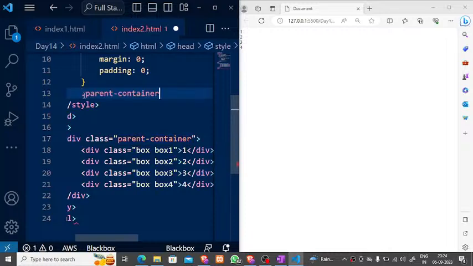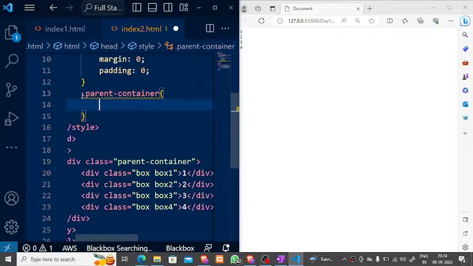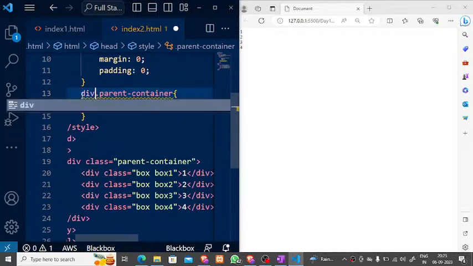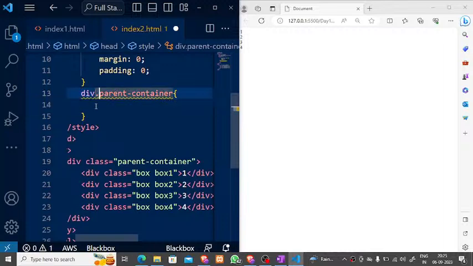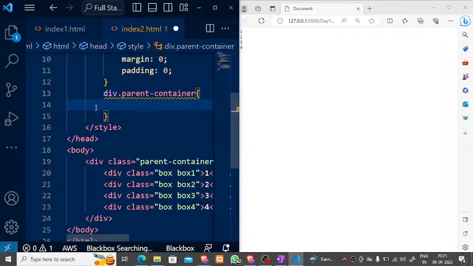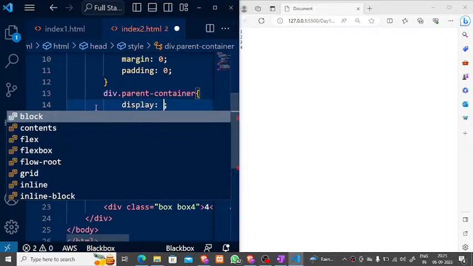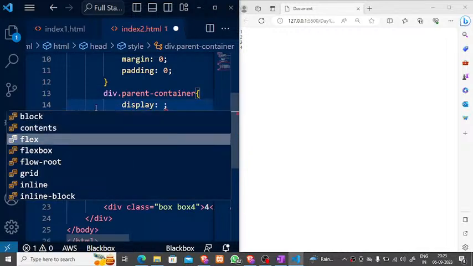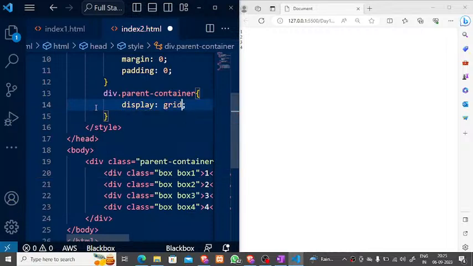Let's select it using the class selector. To make your selector more specific, you can also use the name, which is div, and then after the dot you can write the class name. Let's change its display to grid, guys. After you change the display to grid,